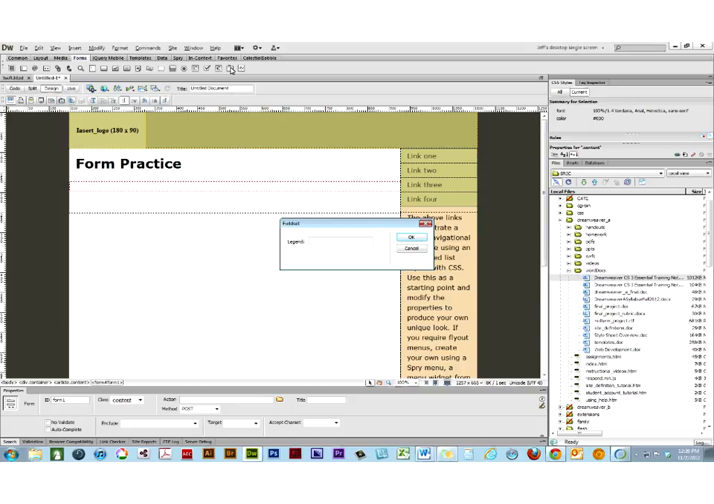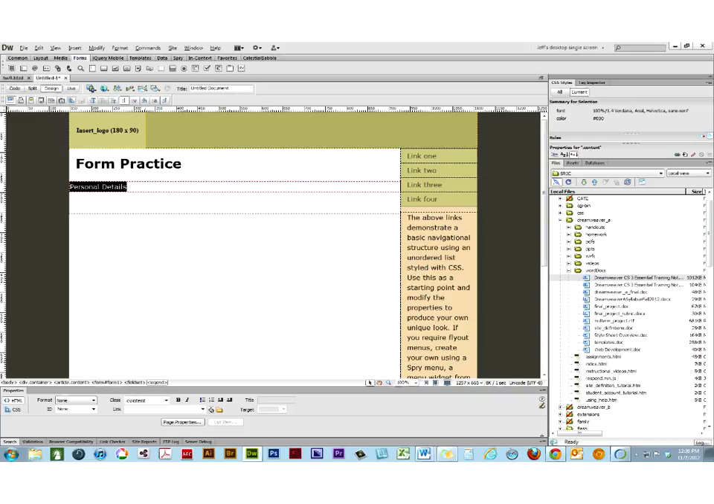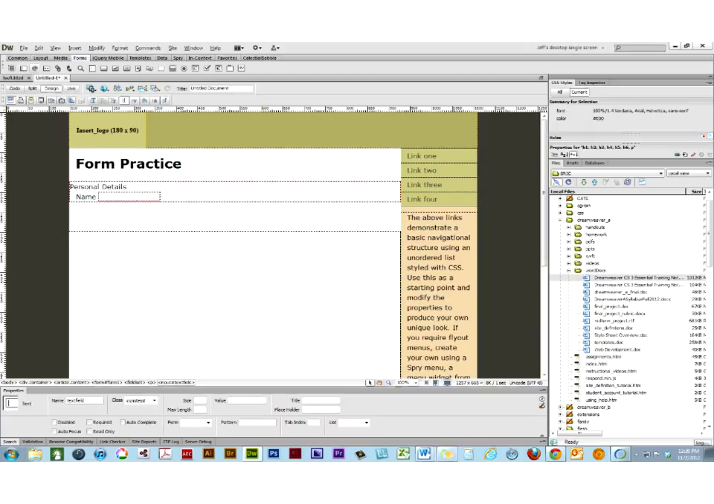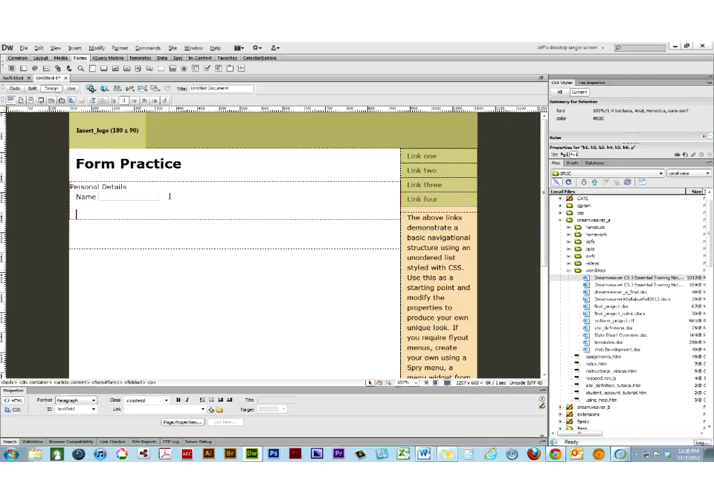And with a field set, which groups things together, you also provide a legend name, which is essentially the title of the field set. So if I create a field set and I give it the legend name personal details, it shows up like that. And then after putting that in, now I can do things like name, and then insert the text field,